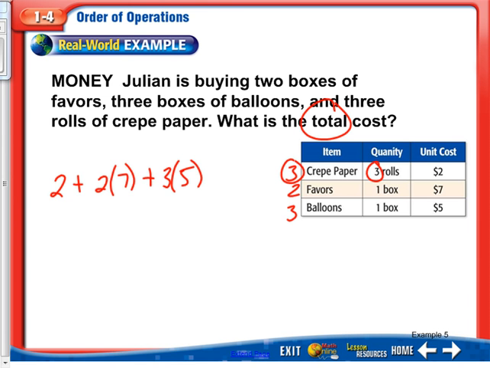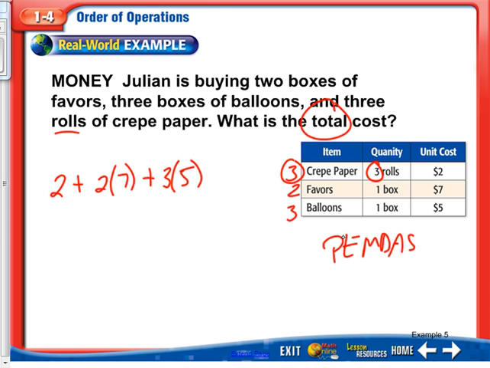Now you might be again thinking, well, how come we didn't do 3 times 2 for this first one? But remember, we wanted 3 rolls of crepe paper, and it tells us 3 rolls cost $2. So we're just going to go ahead and leave it as $2. All right, now if we follow PEMDAS,